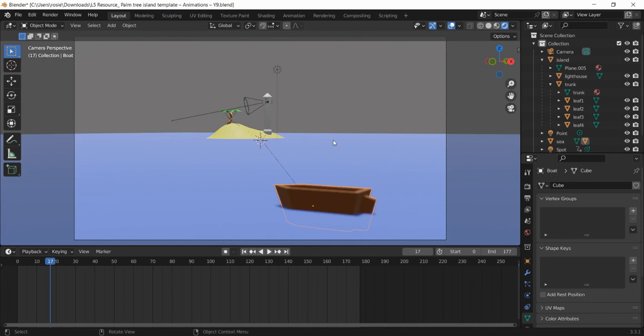It takes a bit of getting used to, but 0 on the keypad or that will take you into camera mode, and then Shift and the little accent key underneath the escape key will allow you to use W, S, A, and D to move the camera around. So give that a go and just position your scene so you're roughly about here.